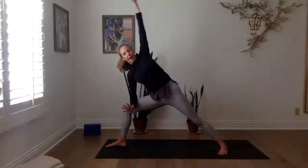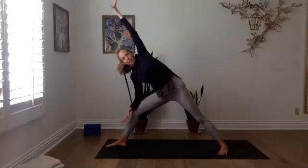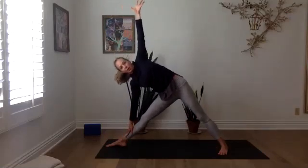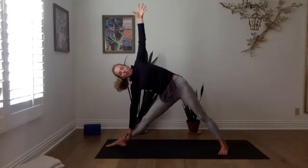As you exhale, come forward, place your forearm to your thigh, sweep your left arm overhead. Slowly kicking into the heels, straighten your right leg, come into triangle pose. So the arms open and your heart leans back. As you inhale, reach into your top fingertips, look down,